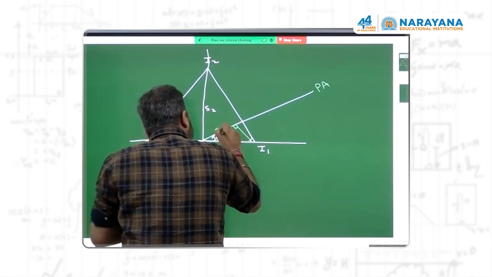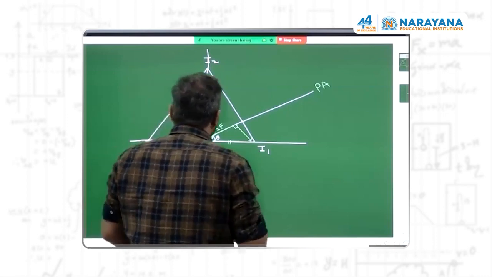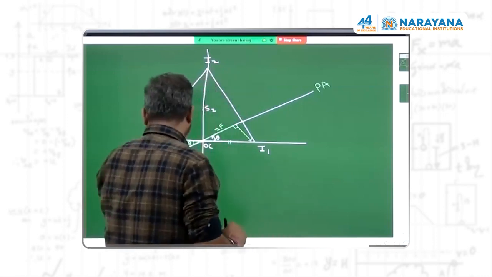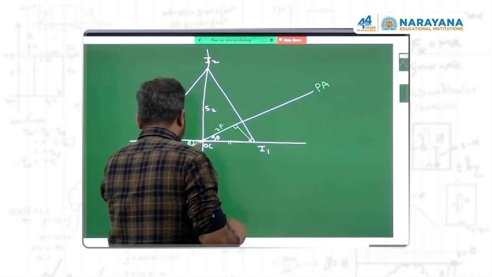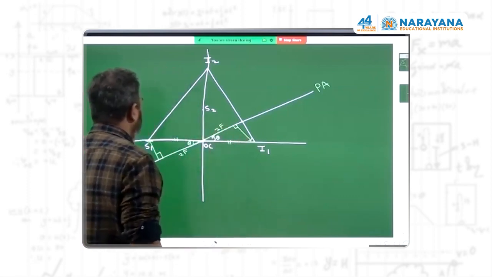So practically this is 2f. A real and inverted image of the same size is possible. This size and this size are equal. That is possible only when they are at a distance of 2f. And remember,